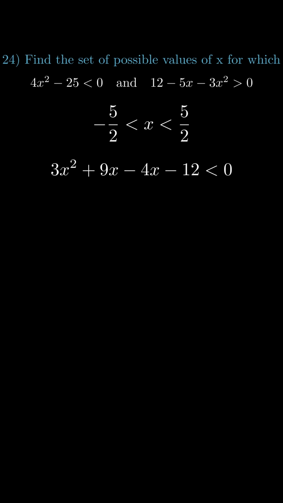By taking the factors out, 3x from the first two terms, we end up with 3x times x plus 3. And factorizing the 4 out of the last two terms, we get minus 4 times x plus 3, less than 0. This then factorizes to x plus 3 times 3x minus 4, which gives us our critical values of minus 3